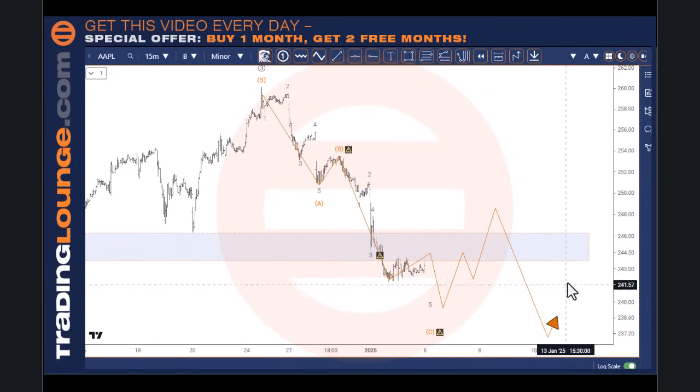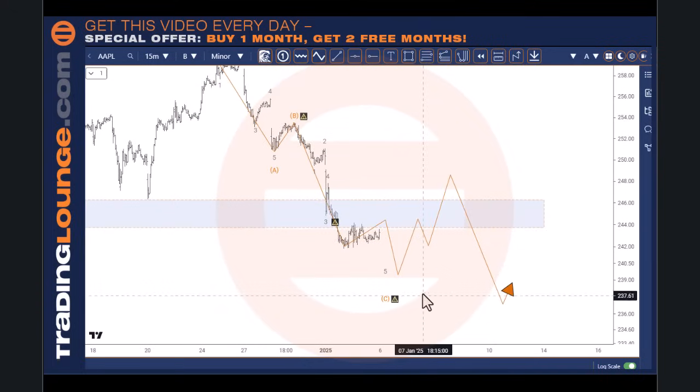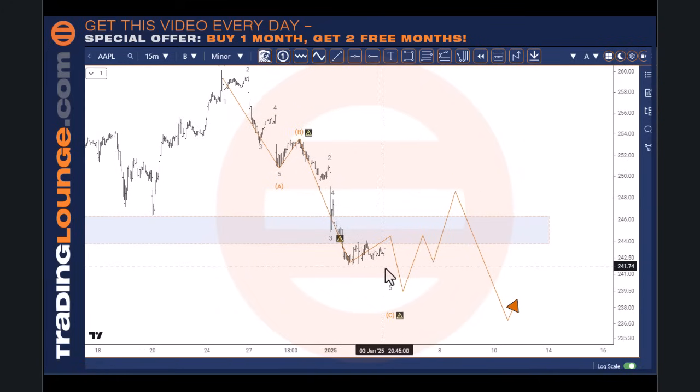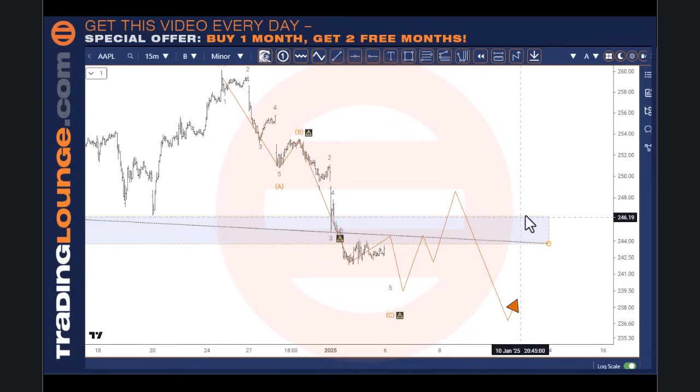Okay, so we'll just allow it to be for a while. We want to see a nice little impulse wave to move to the upside on that. Okay, so there's no trade here at this point. You know, this move down here, whichever way we want to look at it, is not completed. We don't have a setup. We're just not ready. We just got to be extra careful in wave 4s.